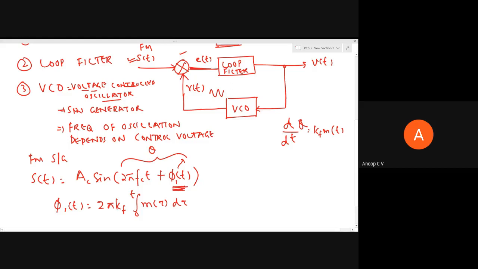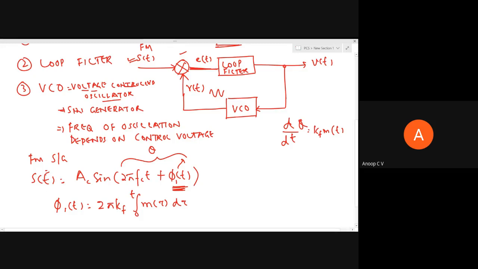Demodulation means you have to get back the original message signal from S of t. That is demodulation. Are you able to follow me? Am I going too fast or too slow? Are you able to connect with what I'm telling? Yes, okay. So please try to take down notes of what I'm telling. Some of the things in the textbook they have directly given, so I may give you some hints so that you will be able to appreciate and remember it in a better way. So please do take down notes along with me. If you want me to slow down or repeat, you can ask me, because it's a sure question for your university exam.